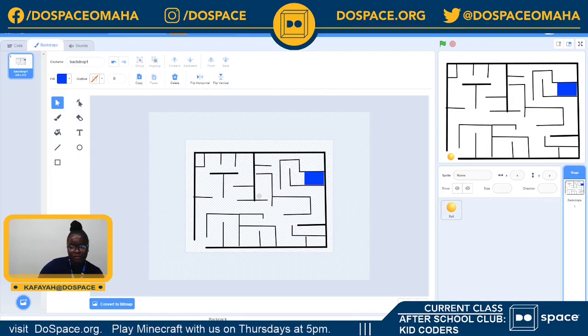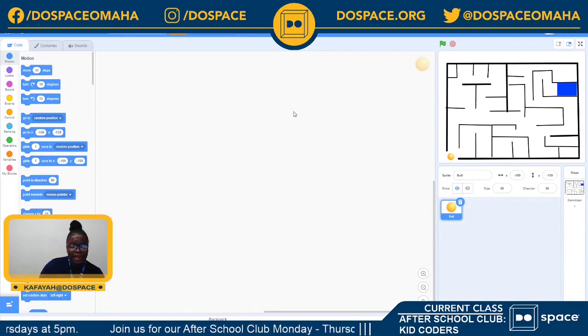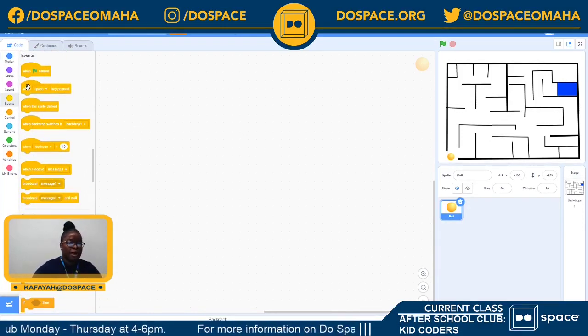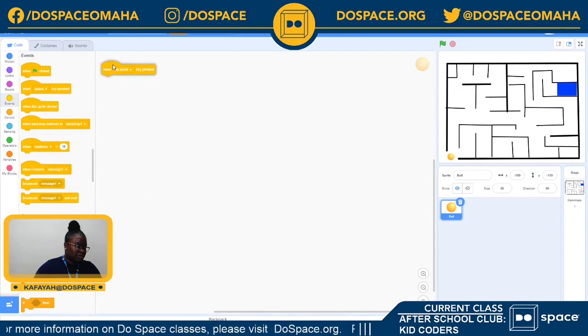So now that we've done the first backdrop, we want to make sure that we point our ball in the right direction. So I'm going to go back to click on my ball and go back into the coding label. And now I'm going to give my sprite, the ball, some instructions on what direction to go. So now I would go into my events tab. Remember how I said we're using our arrows for today? So now I would use the block that says when the up arrow is clicked, and I would go ahead